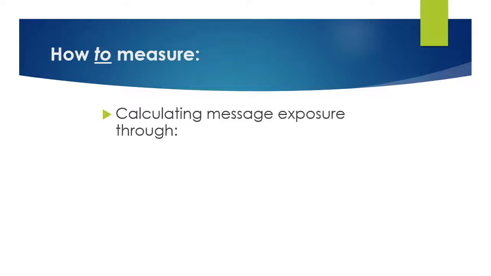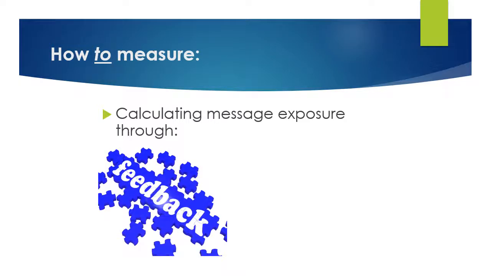So how do you do a quality evaluation? Well, how to measure. There's several things that you can do. You calculate the message exposure through a number of things. Now, this is in addition to making sure that you met all your objectives. You can do this through a number of feedback methods. One is clipping services. Every state and some large cities have clipping services where you can get feedback from where the stories were printed. Anytime your name is mentioned, you pay a monthly fee and they will send you clips of all the news stories that talk about your organization.